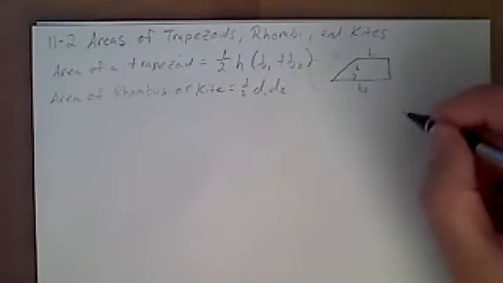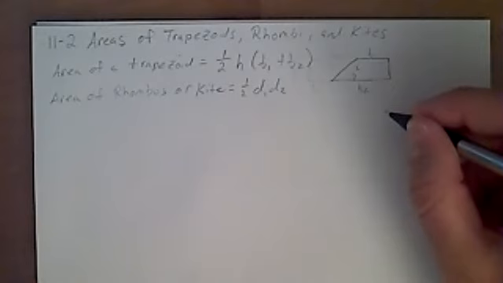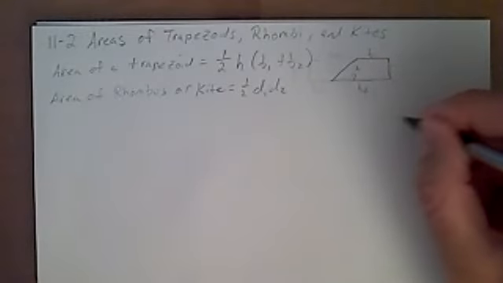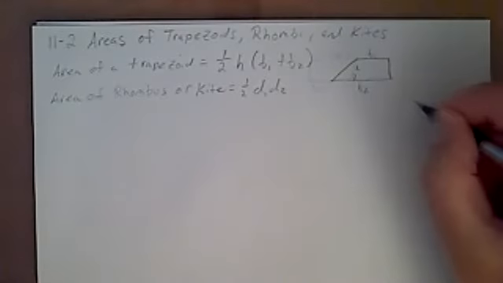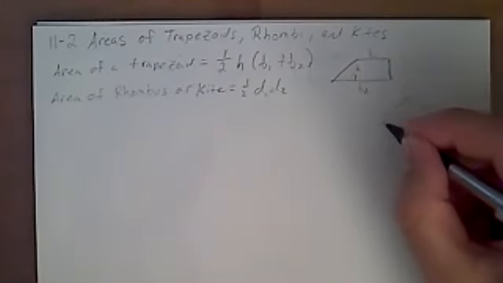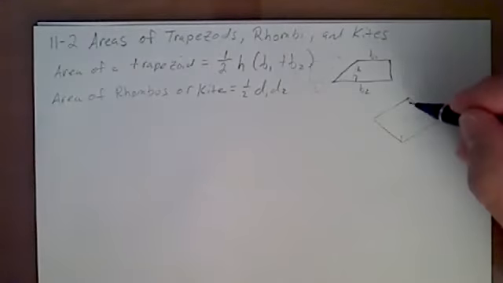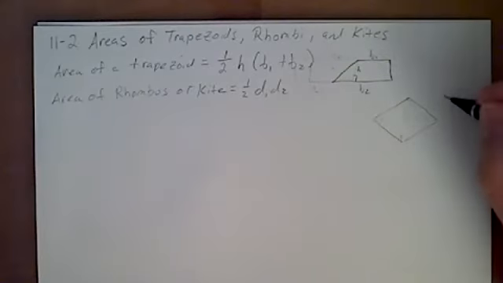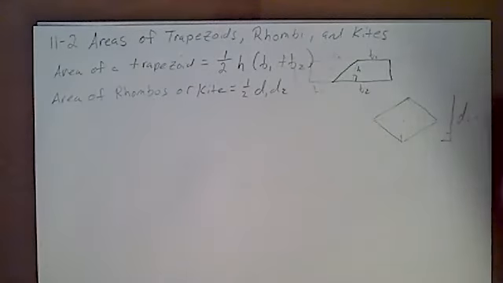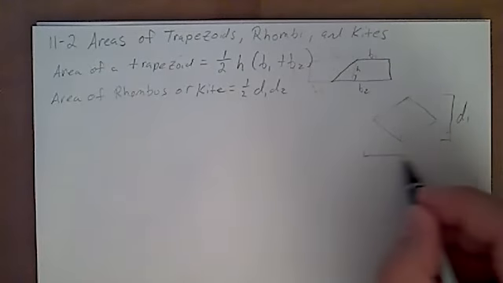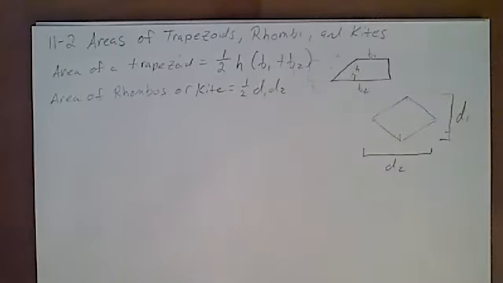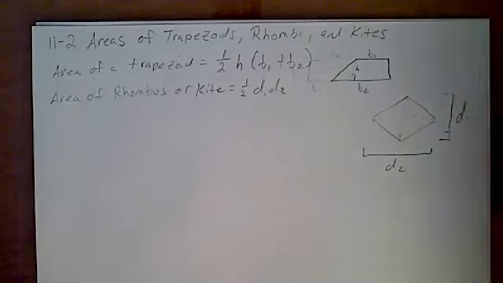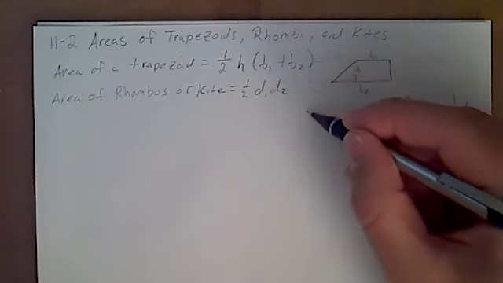So if we had a rhombus, something like this, we have a diameter here, so the length of that might be d1, and our length here from here to here would be our diameter 2. Or if we had a kite,